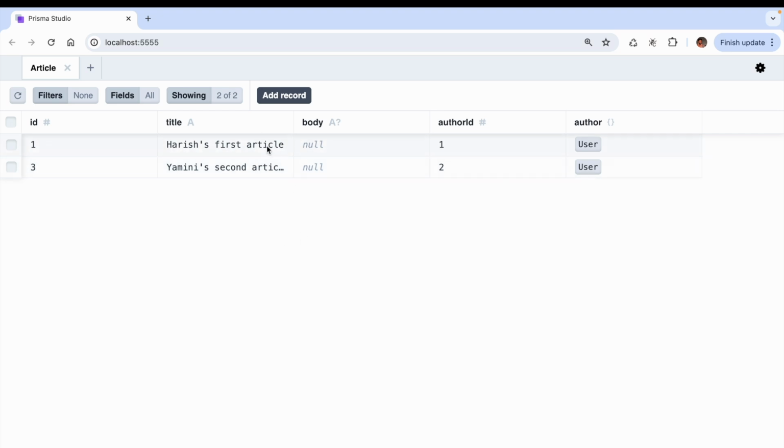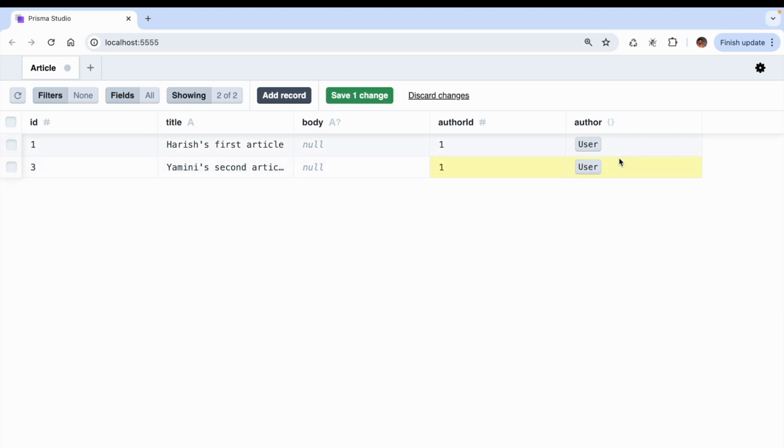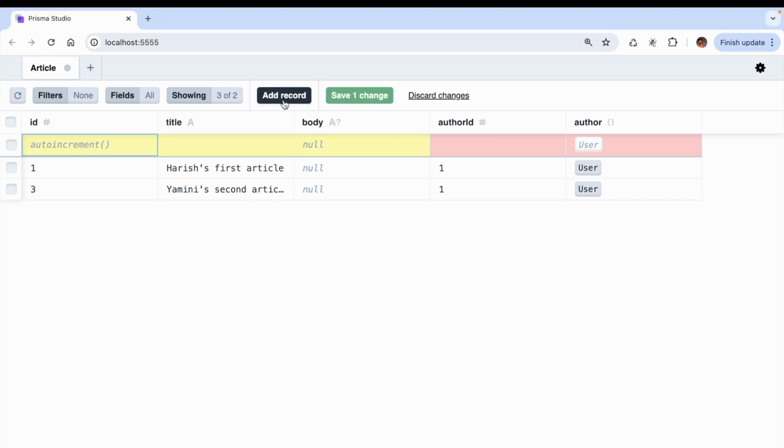You can also go change the author of each of those articles. So for example, you can actually go here, instead of Yamini, I can actually change it to Tarun. So now this particular article is going to be associated with the user Tarun right here. To save this particular change, you can go ahead and click on this button. You can also add a new article by clicking on this add record button. And you can see that this ID is going to be auto incremented. So you're not going to be able to